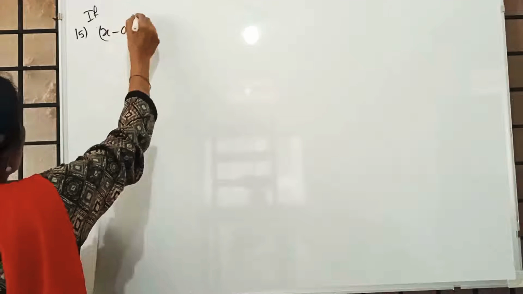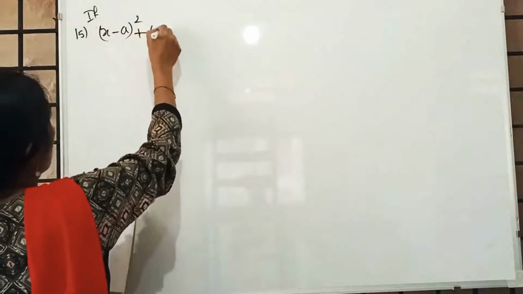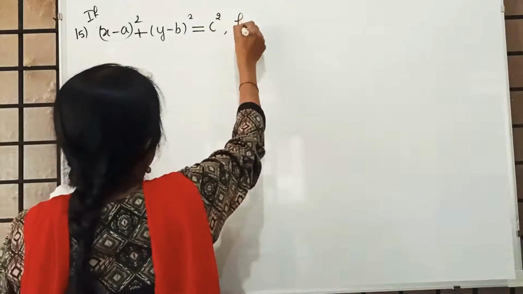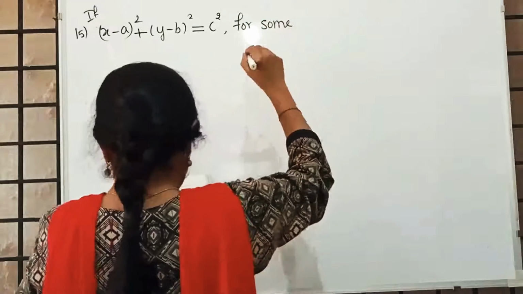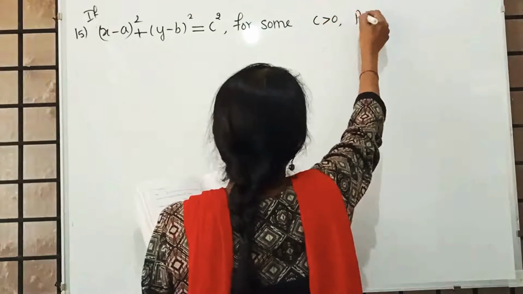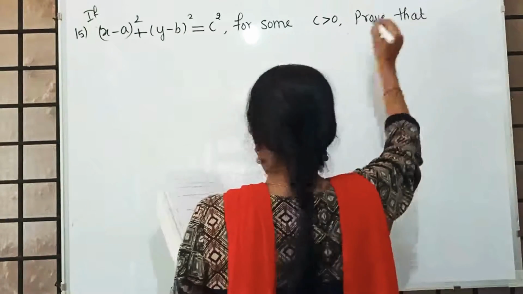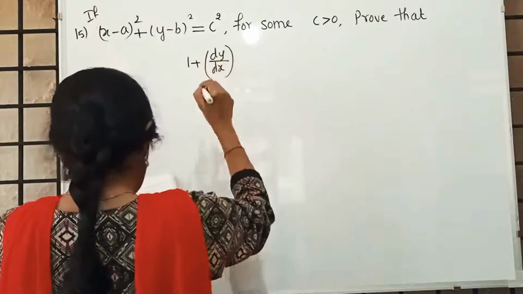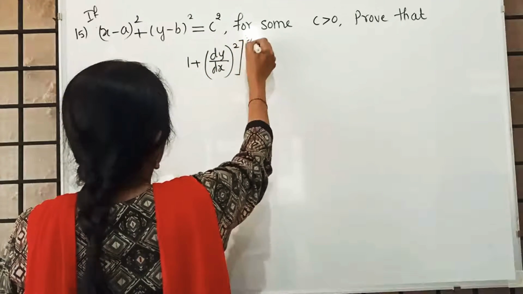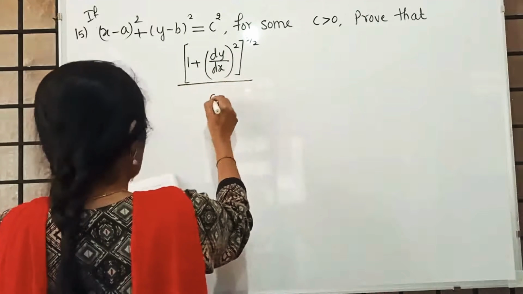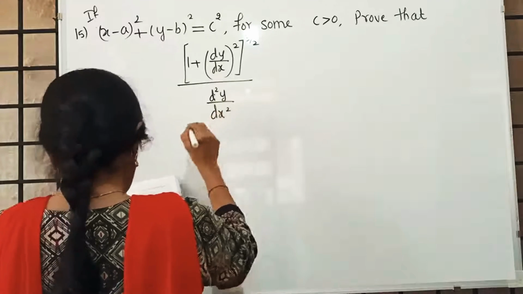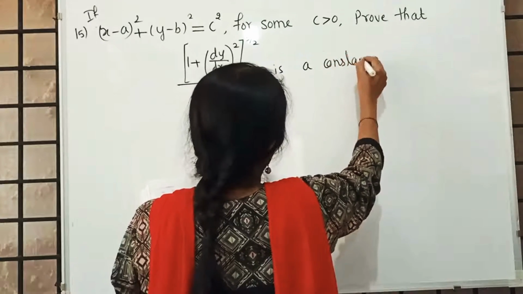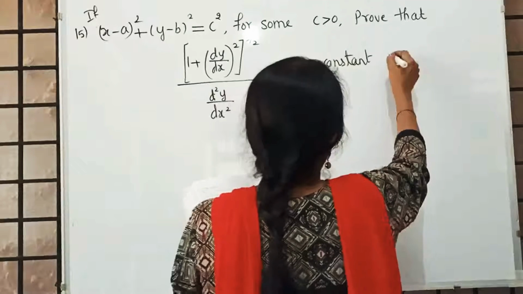If x minus a whole square plus y minus b whole square is equal to c square, for some c greater than 0, prove that 1 plus dy upon dx whole square raised to 3 by 2 upon d square y upon dx square is a constant independent of